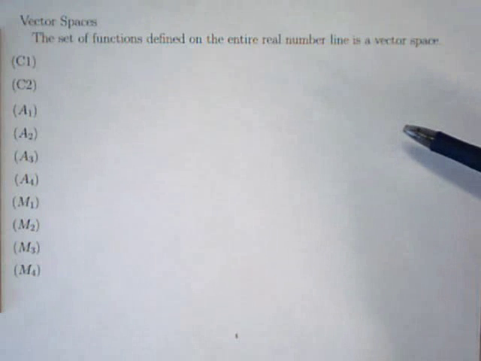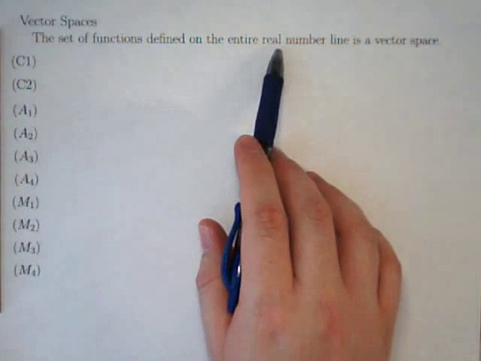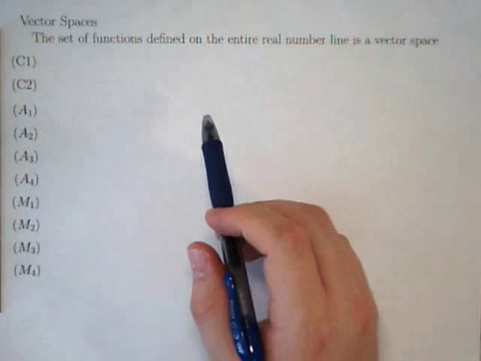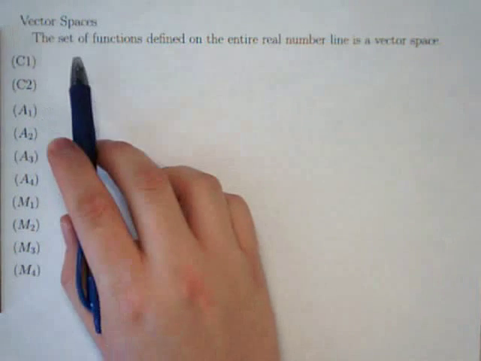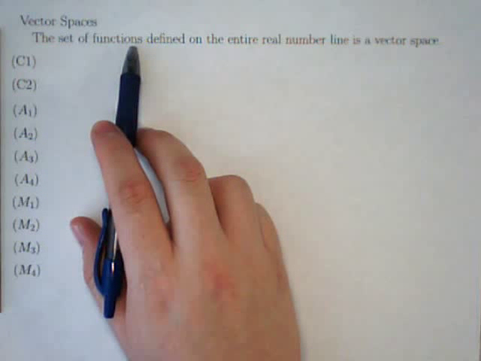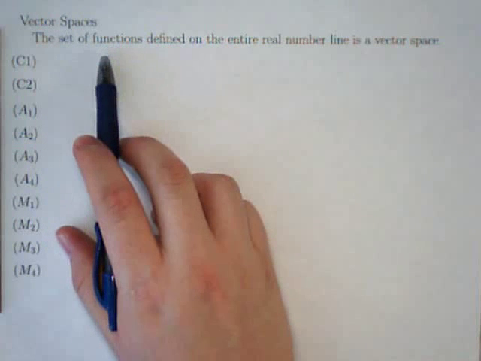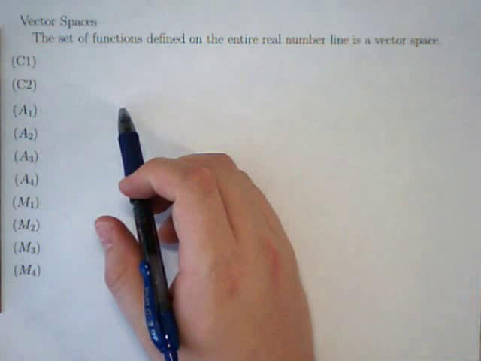In this screencast, we're going to look at an example of a vector space, the set of functions defined on the entire real number line. This vector space is actually so crucial because you can describe radio waves, light waves, sound waves as functions, and we're going to be able to use this vector space, the set of functions defined on the real number line, to show that lots of other different kinds of spaces are vector spaces or vector subspaces